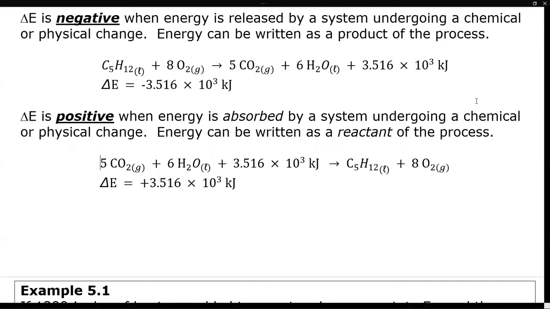Now, if we look at combustion of pentane plus oxygen, it's going to release 3,516 kilojoules of energy. And notice it's on the product side. So that's a negative 3,516 kilojoules for the delta E. If I take the reaction and flip it around, necessarily the number becomes positive 3,516